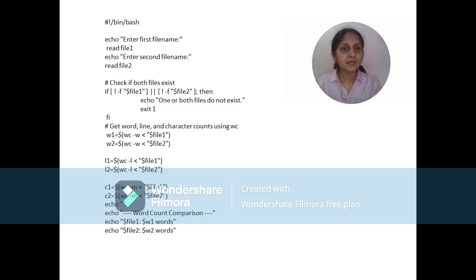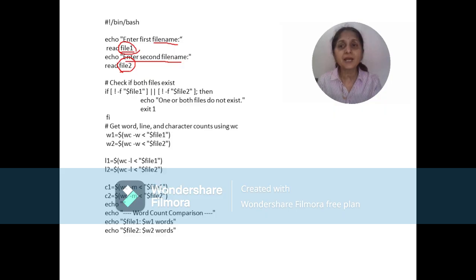Okay, so let's start. As we all know, we have to accept the file names from the user. So we echo the message for the user. We say enter first file name, and then we wait for the user to enter the name. Whatever file name the user enters, we are accepting using the read command, right? Next we are echoing the next message which says enter second file name, and we are accepting that second file name using the read command. Now the first file name entered by the user will be stored into the variable file1, and the second file name entered by the user will be stored into the variable file2.